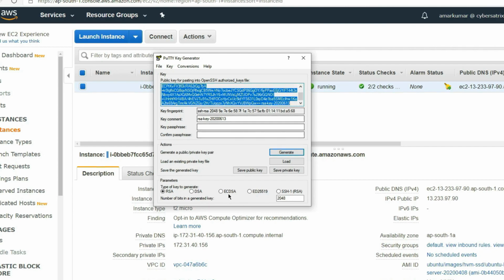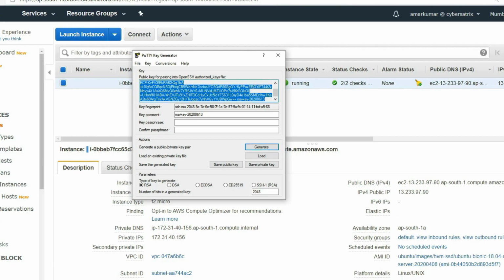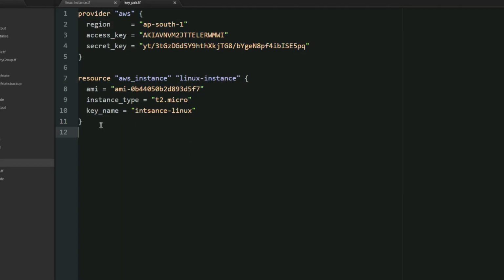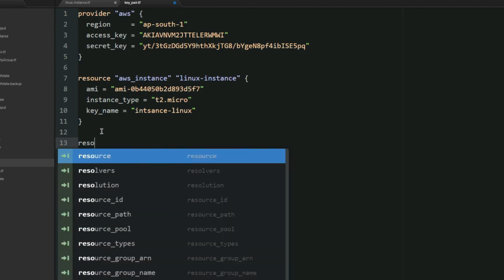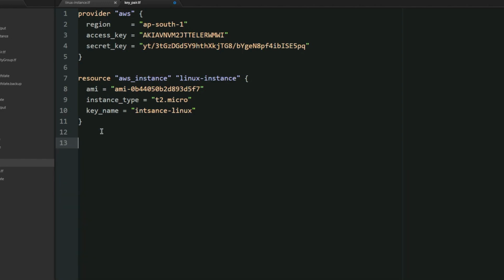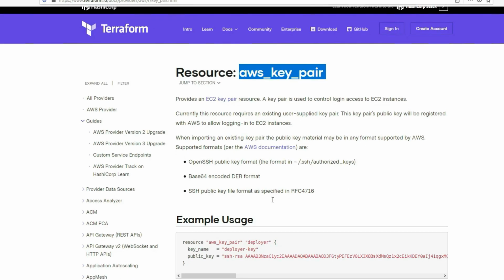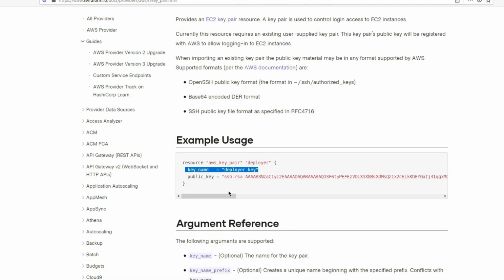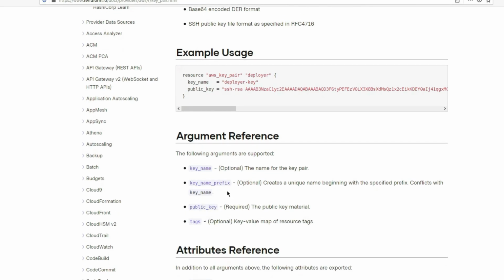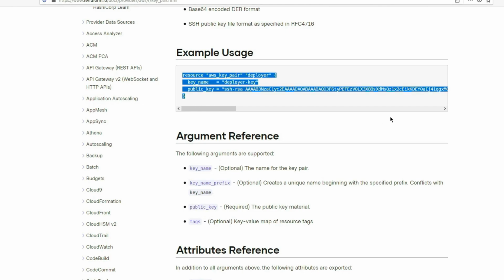So now what we're going to do is go back to our Terraform code, and I'm going to add an additional resource for the key pair. Let me show you the documentation first, how the argument looks. So let's go back to the documentation, and I'm already on the resource aws_key_pair. If you see, it has two arguments, key_name and the public_key. And in this, the required argument is only the public key. But let us give the key name and the public key and see how it works.